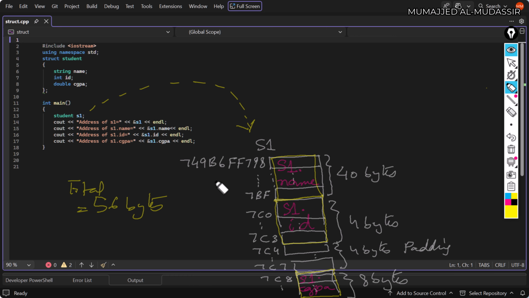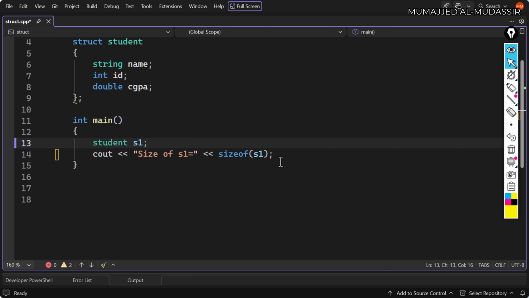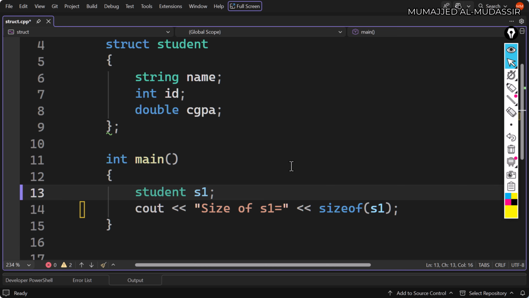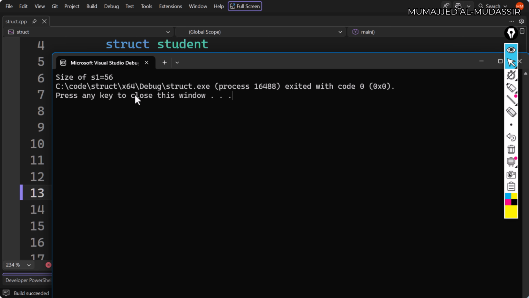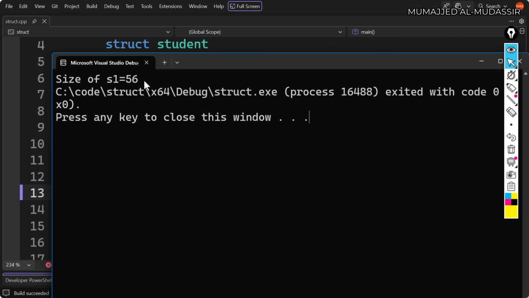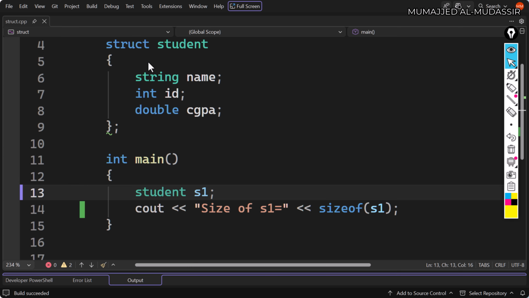Now let's display the size of s1 and all members of s1 using the sizeof operator. The sizeof operator is a built-in operator that returns the size of data type or variable that is written inside the parenthesis of sizeof. Now let's execute the lines one by one